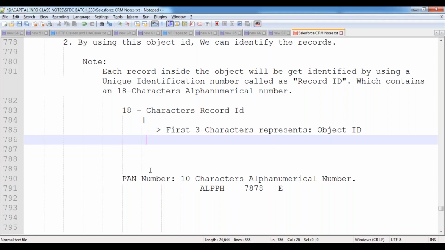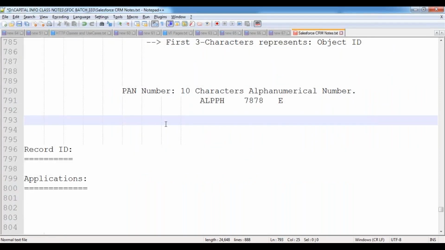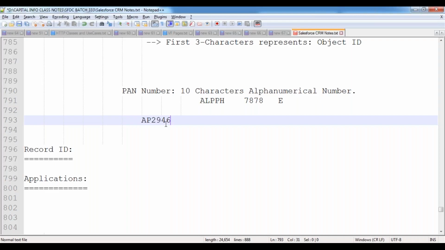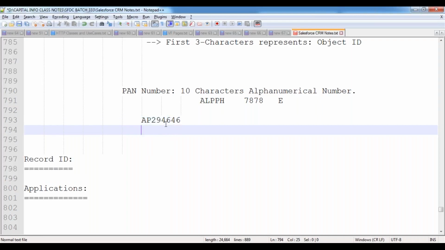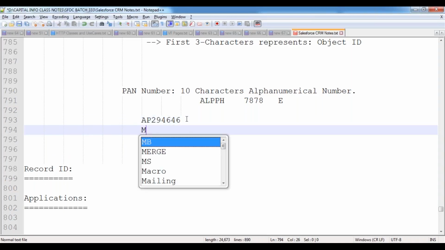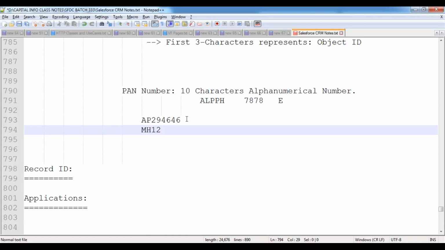For example, assume I have a vehicle number, like AP, some 29, some number. Which state is this vehicle registered in? How do you know? The first 2 characters, AP, relate to Andhra Pradesh registration. Suppose the vehicle number is MH 12 9000. This vehicle belongs to Maharashtra because it starts with MH. So the starting 2 characters indicate which state it is associated with.